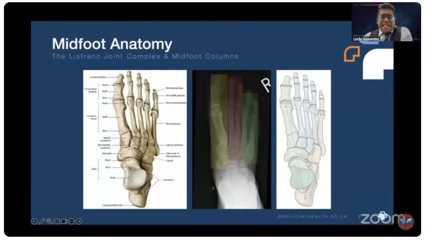What you can see in the middle there is reference to the column theory when we talk about foot biomechanics. And essentially some important factors here are that length and alignment are key. But with your medial column, which is your first ray, we know there's about 5 to 10 degrees of movement. So its movement is there, but it's not hugely prominent. The middle column is your second and third rays. Now, these are rigid, and there is no movement at the TMTs in this region. And finally, your lateral column,